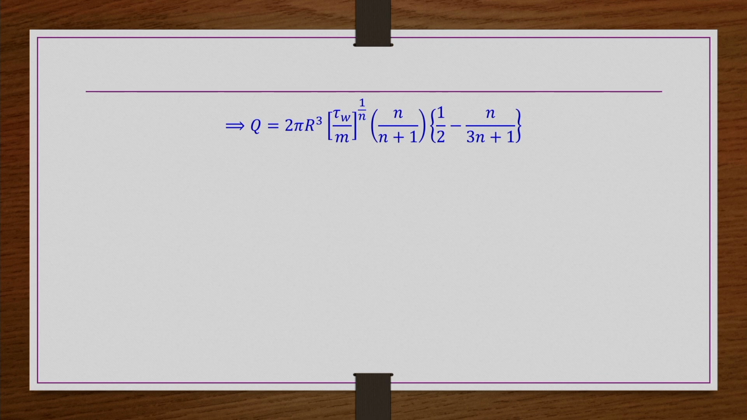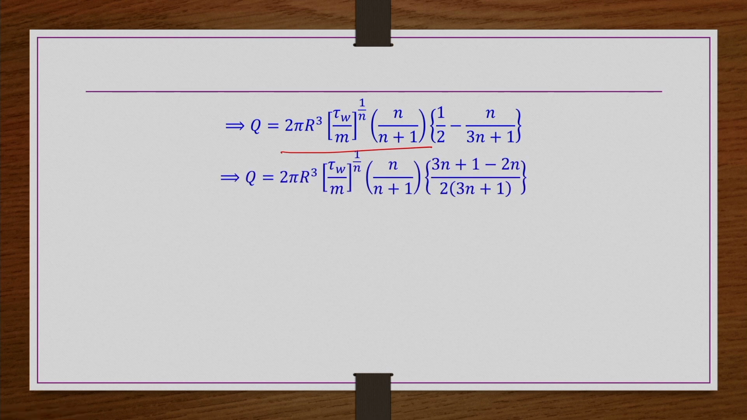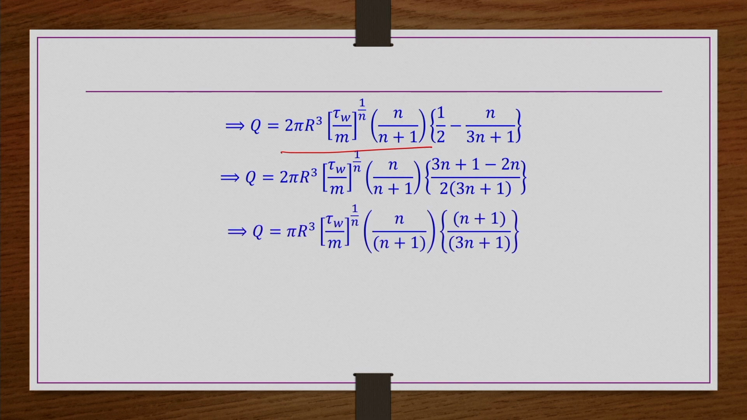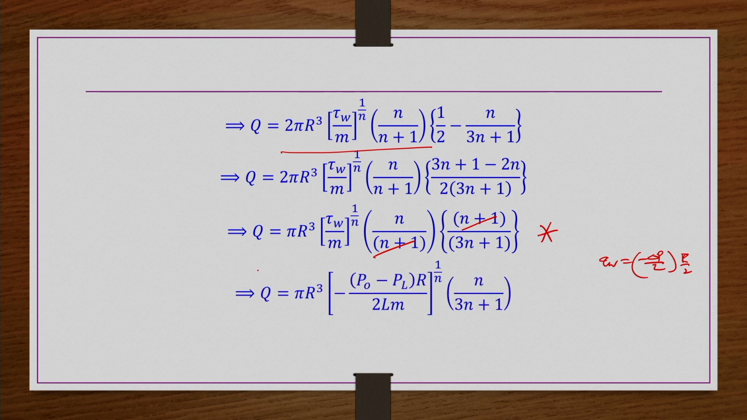So, 1 by 2 minus n by 3n plus 1 you get, remaining all other terms are constant. Now, this you can do LCM further simplify to get this q value as this one. So, this n plus 1 also you can cancel out. So, this is the final volumetric flow rate. This you can write in terms of tau w, and in place of tau w you can write minus delta p by L capital R by 2. So, that you can write this equation as like this,